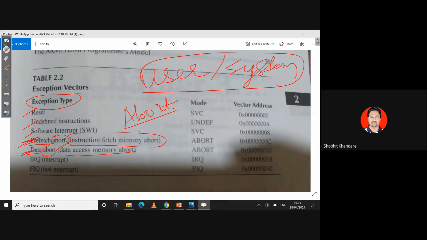Okay, so ये दोनों को क्लब करके हम डायरेक्ट एक abort मोड ही बोल सकते हैं। लेकिन अगर if you want a clear vision and if you want a clear understanding, it will be said as a prefetch abort or data abort. Okay, and then you have IRQ and then you have FIQ. Okay, so हमेशा याद रखना कि ये एक्सेप्शन जो टाइप्स है, ओके, 1 2 3 4 5 6 7, उसके वेक्टर एड्रेसेस ये है।